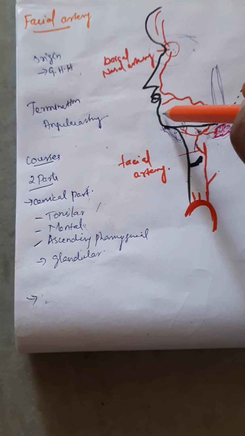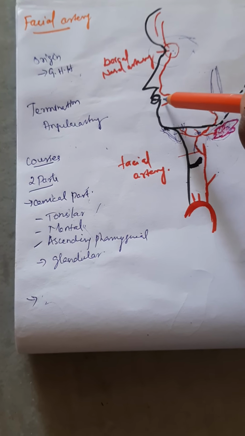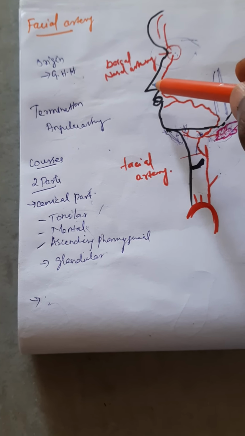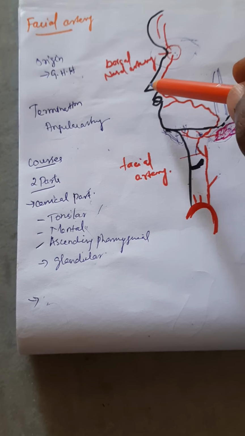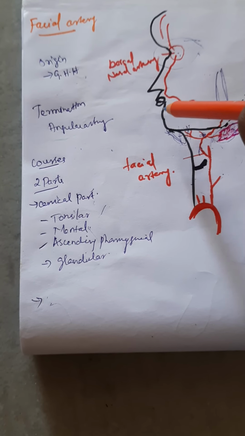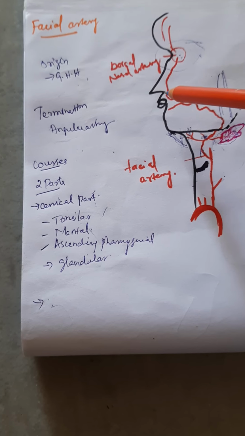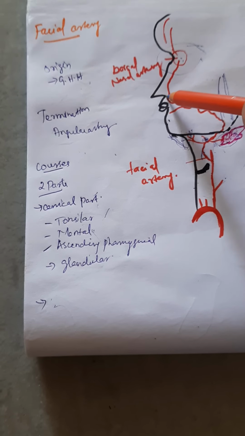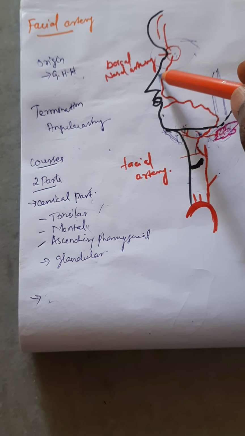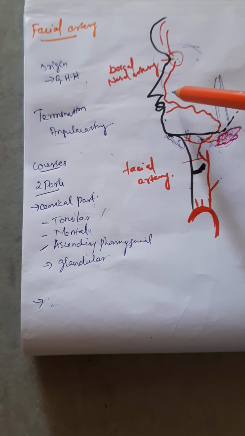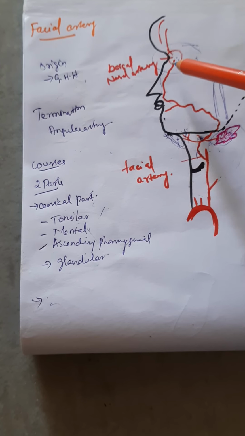The labial part is the lip. The superior labial artery supplies the upper part of the lip as well as the lower maxilla region. Then the inferior labial artery. These are the two branches from the facial part: superior labial artery and inferior labial artery. Then it ascends upward to the lateral side of the nose, and we call this artery the lateral nasal artery.